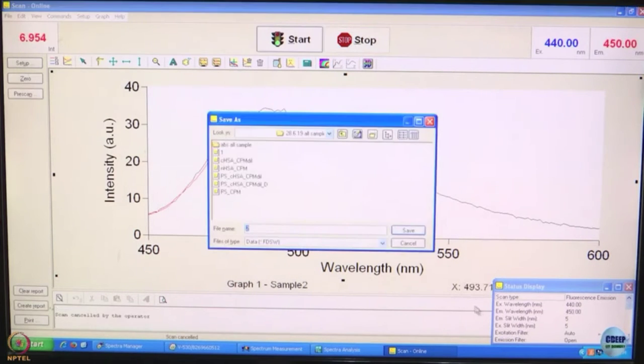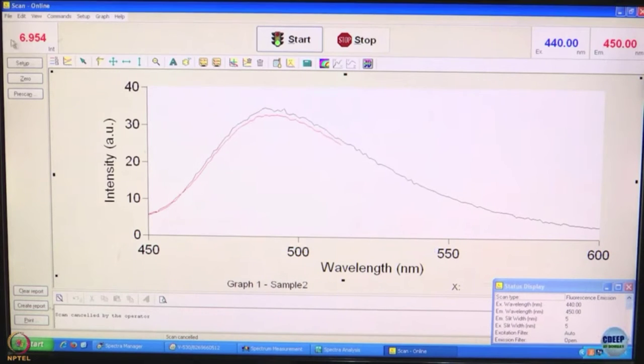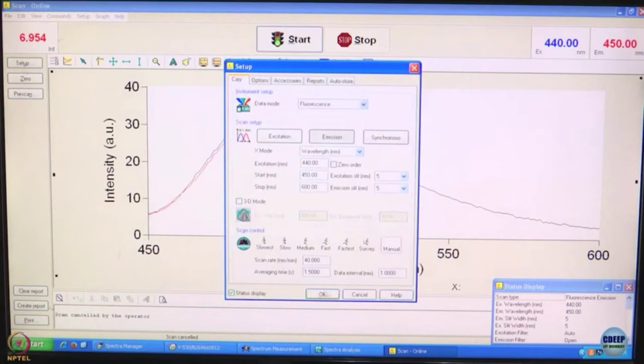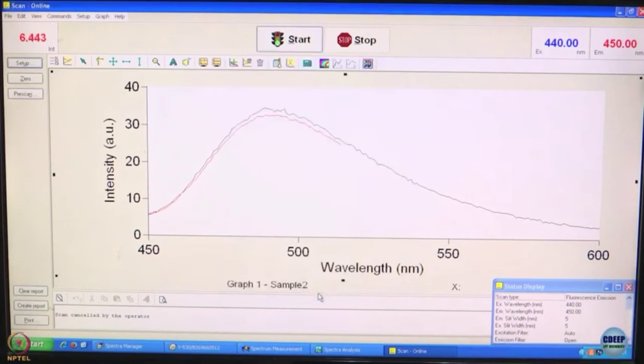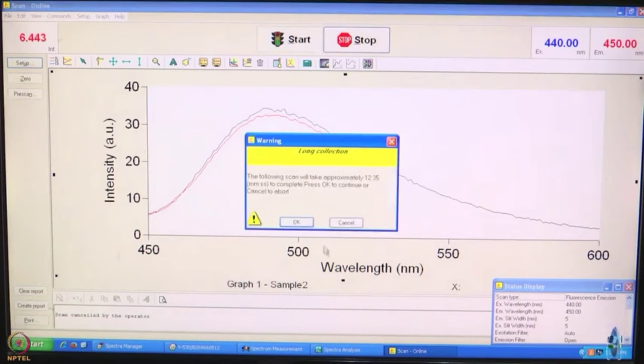Let us do that. Now, we will play a game of patience and change this to 5. It says that it is going to take 12.35 minutes to complete.